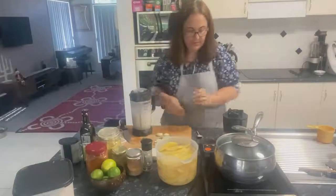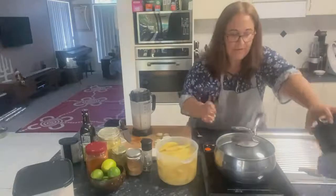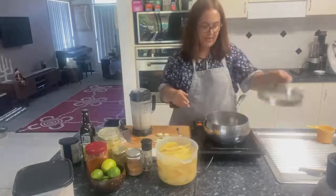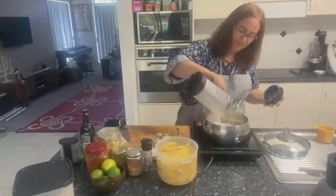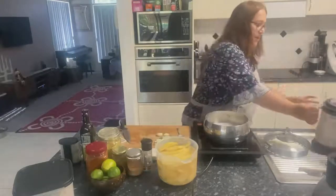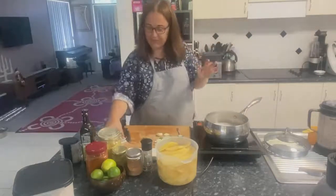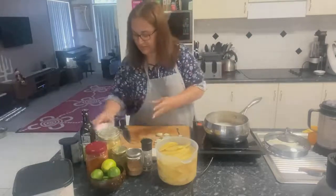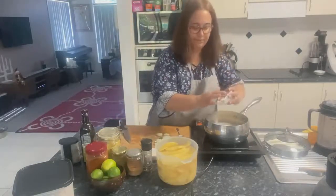All right, so I'm going to take that out. I'm just going to move that over there and bring this forward. There we go. And we're going to take the lid off, and we're going to pop that into the pot. Yum yum. And we are going to turn that on, and we're going to add everything to it. So we're going to put in the savoury yeast flakes, the nutmeg,